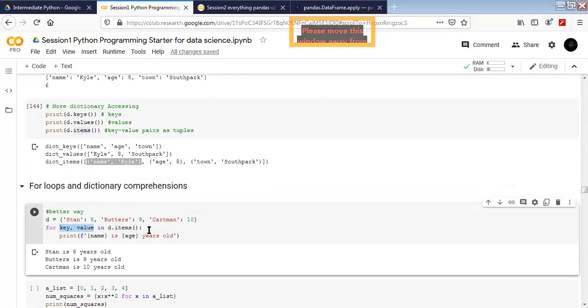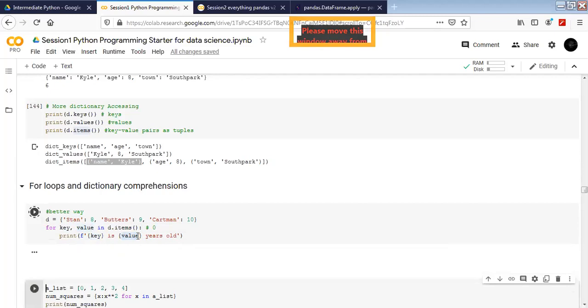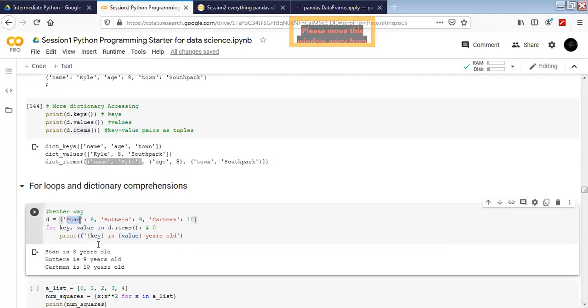When I'm running the counter here, when my counter is at 0, what am I going to get as key and value? Name and Kyle. Correct. We get the key, which is 10, at the 0th counter, and the value is what? 8. Correct. So I get key here and value here, and if I run it, I get 10 as key, 8 as value. Now, if my counter is at 1, what am I going to get?